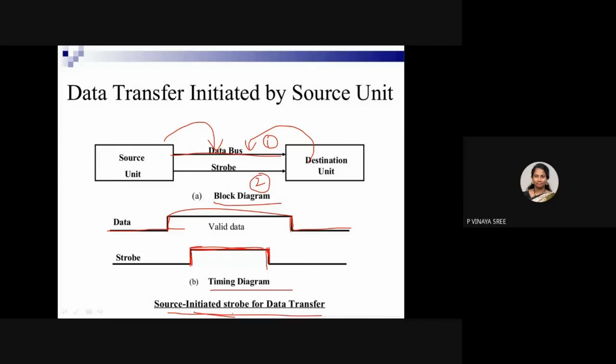Now we'll discuss the disadvantages of source initiated data transfer. In this, the source places the data in the database, and it gives information that valid data is available with the help of a control signal. Now after that, the destination unit, after receiving the data from the database, disables